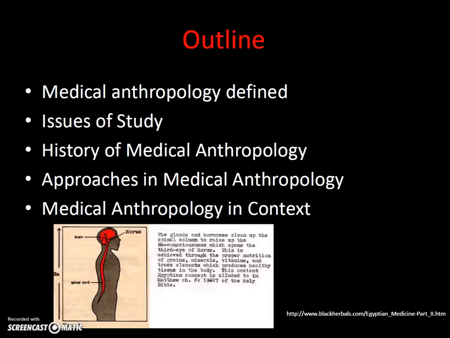We'll look at some of the history of medical anthropology, how it developed within the field of anthropology and distinguished itself, and also how it's a key player right now in anthropology as a whole. From there, we'll transition into various approaches in medical anthropology, including theoretical contexts, and then we'll look at medical anthropology in the context of broader academic work and research, as well as applied work. And we'll see clearly with medical anthropology the promise of anthropology as a whole to be an applied science.